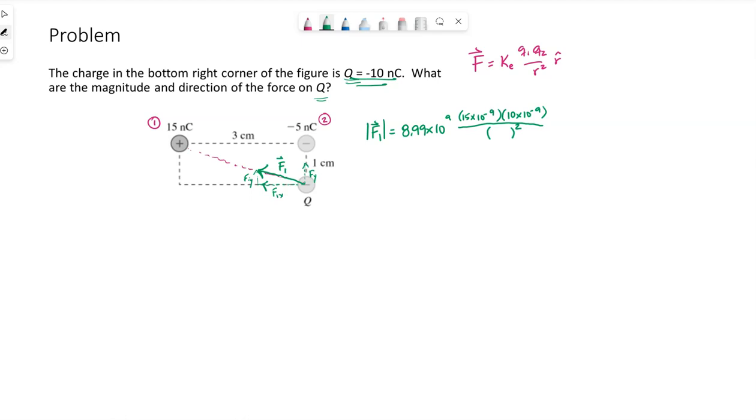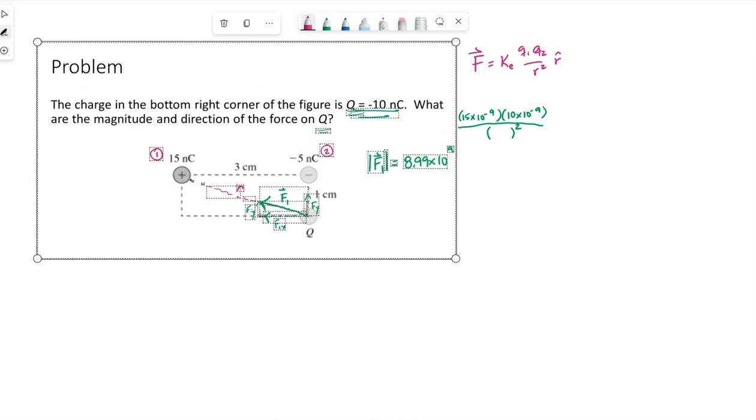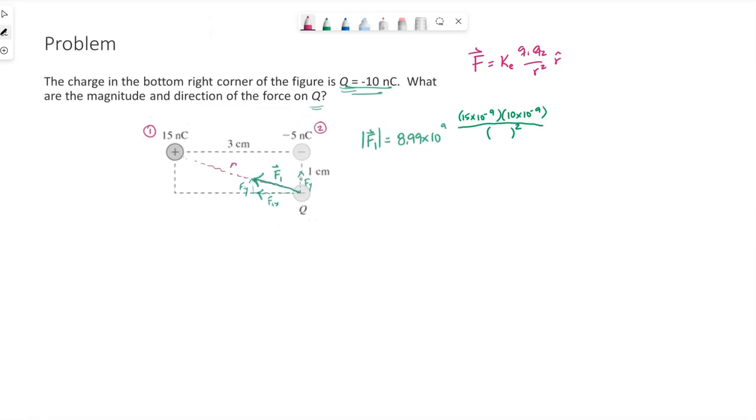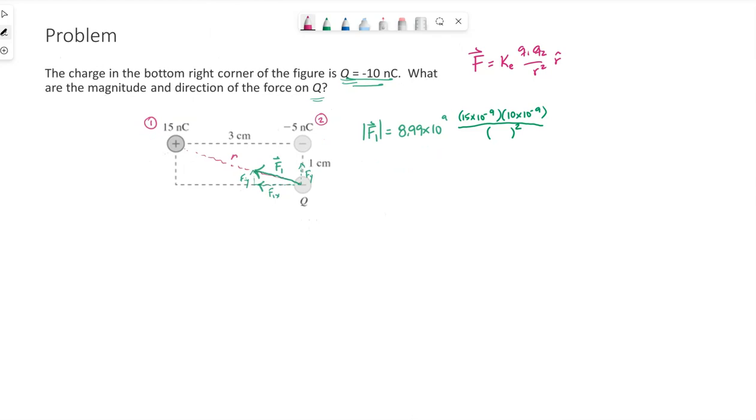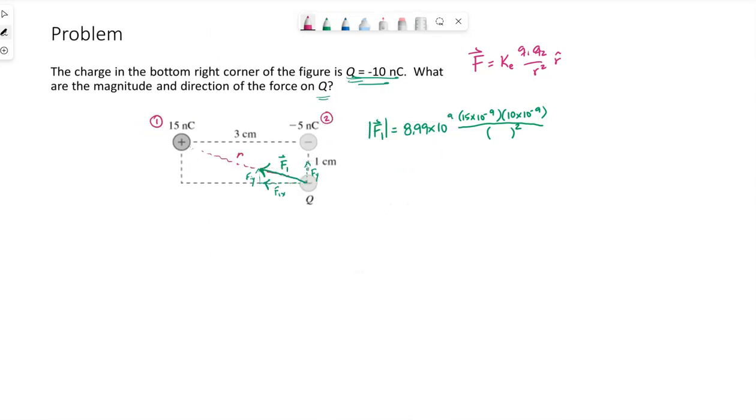Okay, we need to know how far away those two charges are. We need to know this distance R, which we can get from knowing the dimensions of this rectangle. We know this side is 3 centimeters. This side is 1 centimeter. They meet at a right angle. So using Pythagorean theorem,